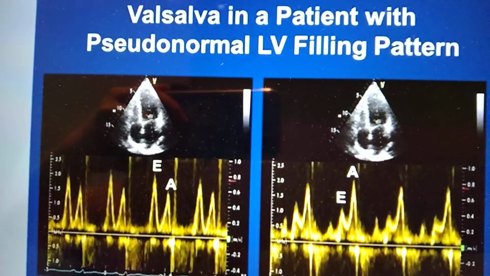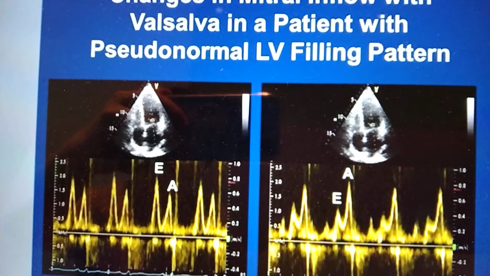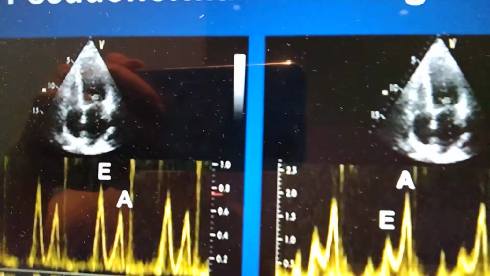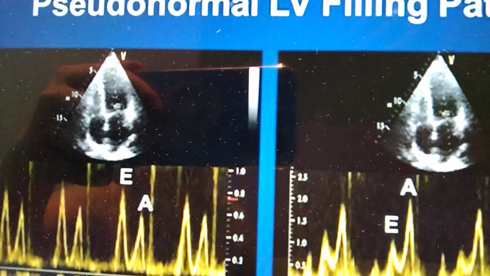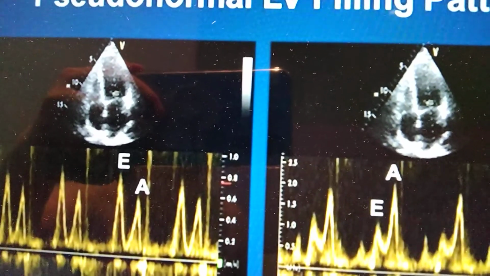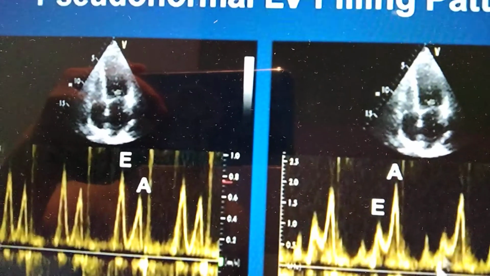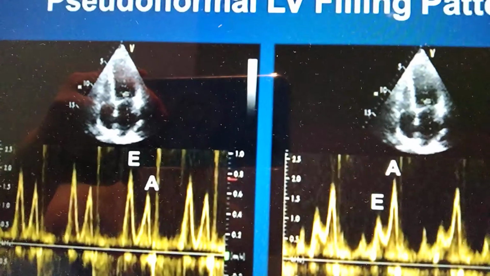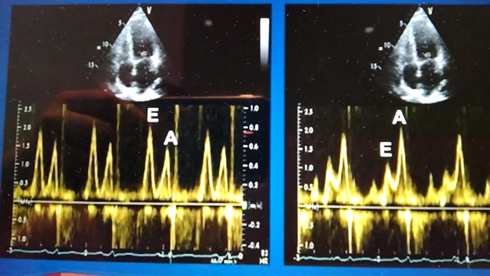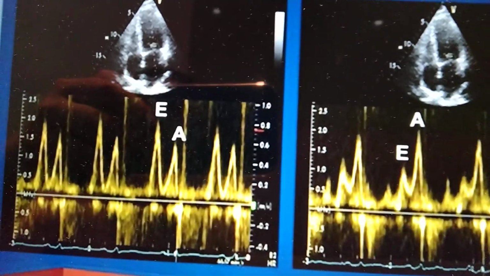I will not go into much detail on how that is done. Ms. Deb will cover it, but this is an example from a patient with a big left atrium. During the straining phase of Valsalva, the venous return drops, left atrial pressure drops, and you see a reduced E to A ratio. If you see this finding, this is again specific for elevated left atrial pressure and is very useful. We'll see another useful signal